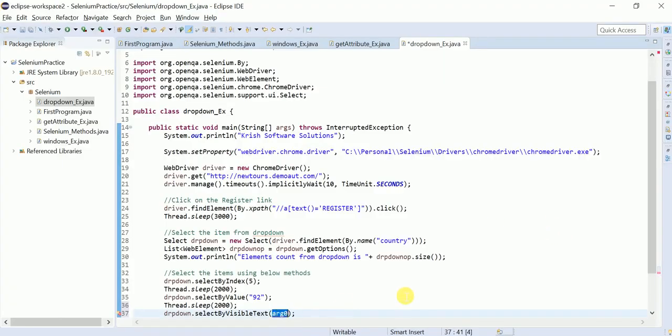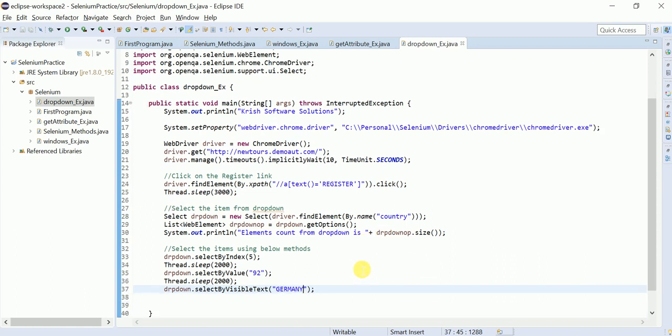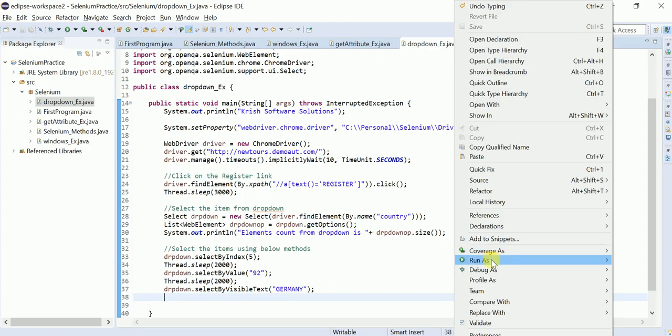In the double quotes you need to give Germany here. So first the fifth item it is going to select, then the value 92 it is going to select, and then the text Germany it is going to select. Let me try with all these. I'm going to execute the script now.